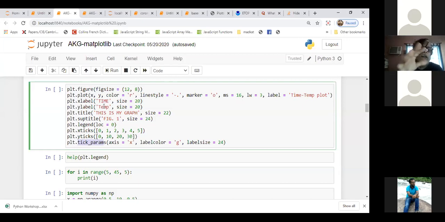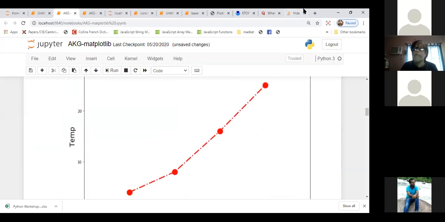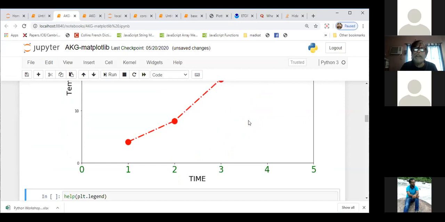I can check, I can write dir inside that, I can write plt. It will show you everything, the library of what functions and classes are there. You can check every item, and the first time you can just experiment with them. So if I wanted to decorate this graph with all those things, now if I run this, this graph will be like this.